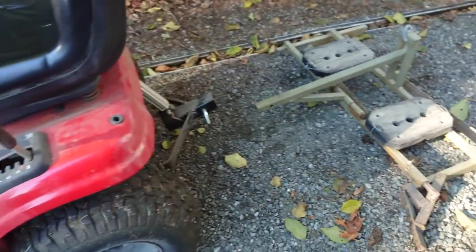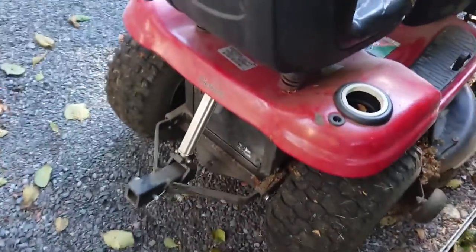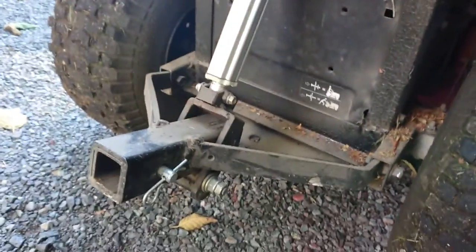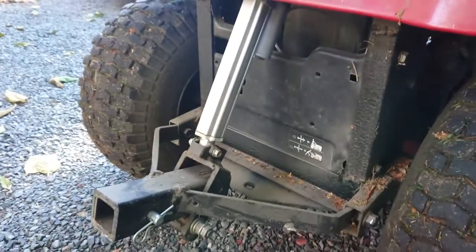Just thought I'd do a quick update video on the little driveway scraper or landplane. So there's a hitch. It seems to be doing pretty good. I'm pretty happy with it. There's probably a couple of small things I would change in the design, but you know, it's built out of scrap, so